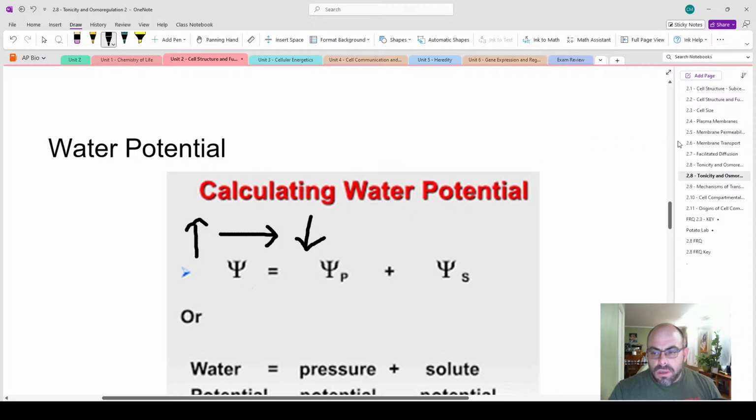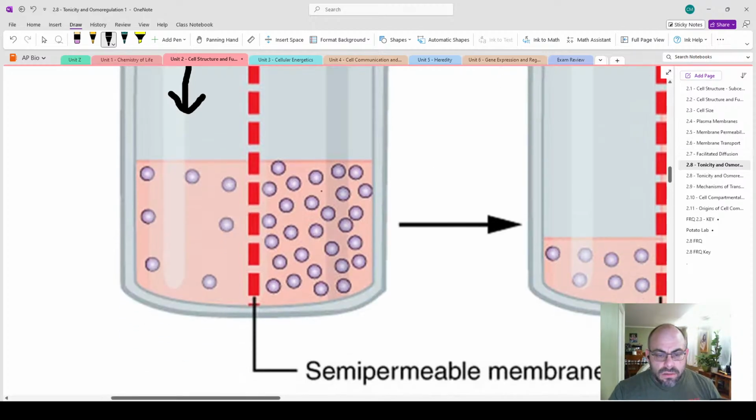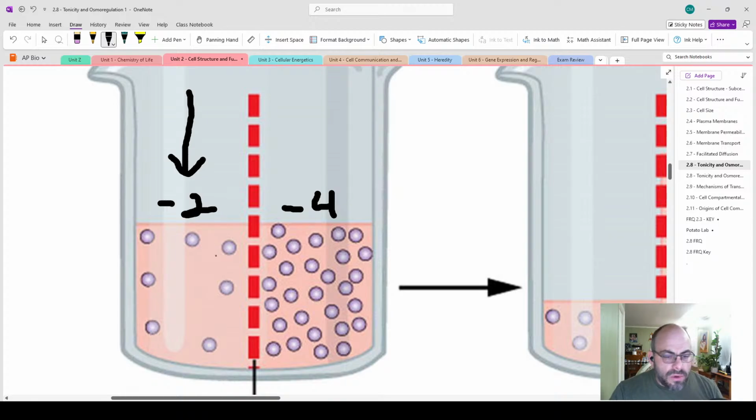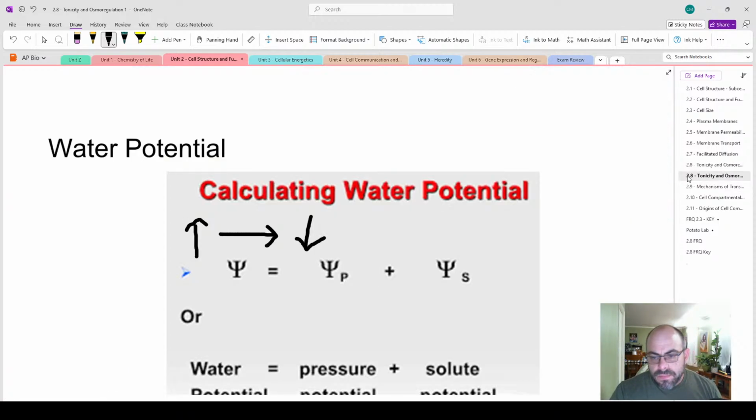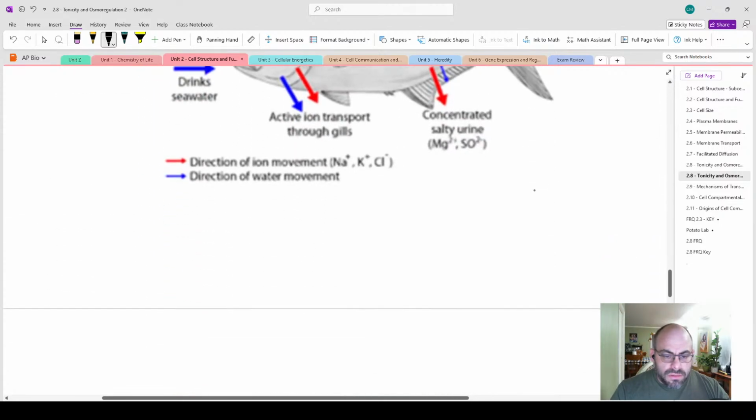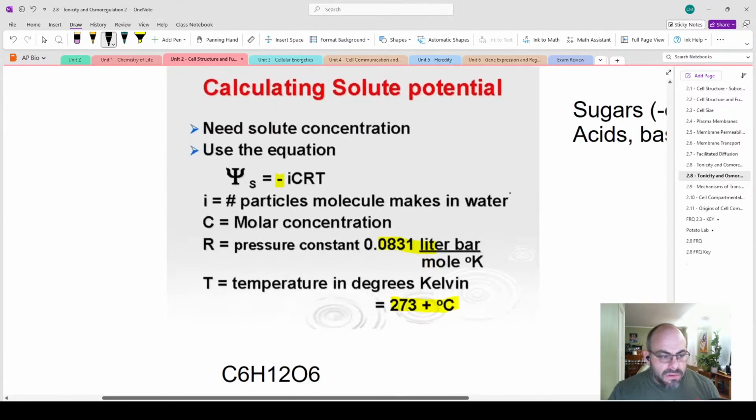And so if you go back to this picture here, this is going to have a lower water potential. Let's say it's -4. And this one's going to have a water potential of -2 because there's some solute here. And so water moves from left to right because water moves from a high water potential, -2, to a low water potential, -4. And so when it comes to solute potential, there are a couple of